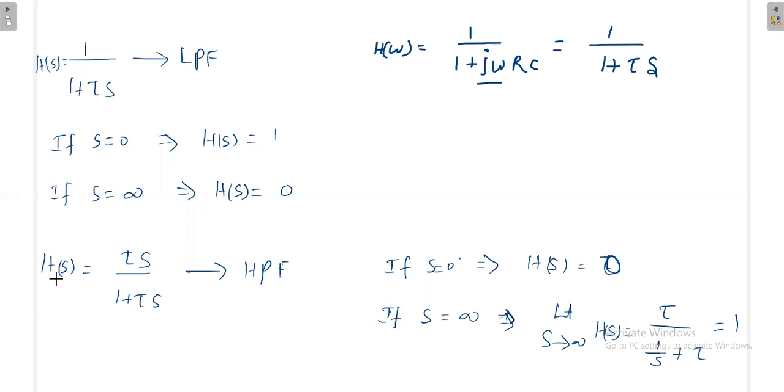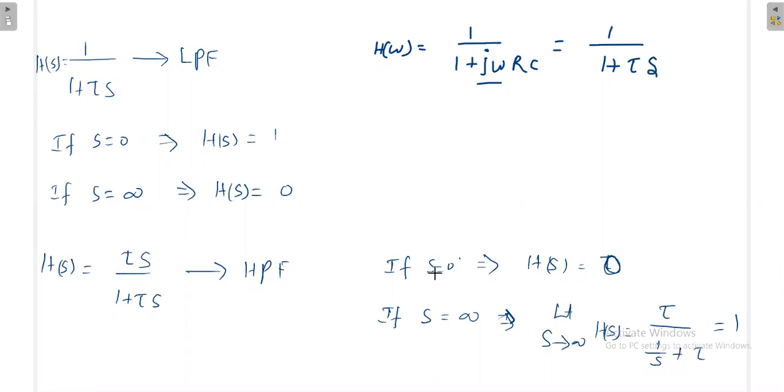Next, if you have a high pass filter nature, H(s) is equal to tau s divided by 1 plus tau s. Again, in the examination, it's not necessary that they give this tau. The tau may not be present also, because the tau can represent the DC gain of the system. So sometimes it may be eliminated, and you can get simply s by 1 plus tau s also. Once it is given like this, it will act as a high pass filter.